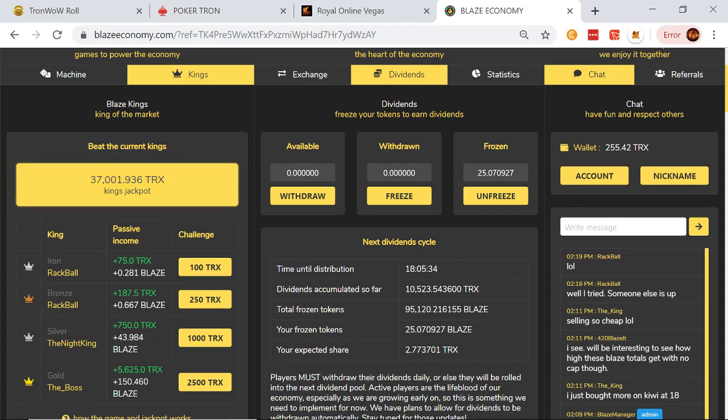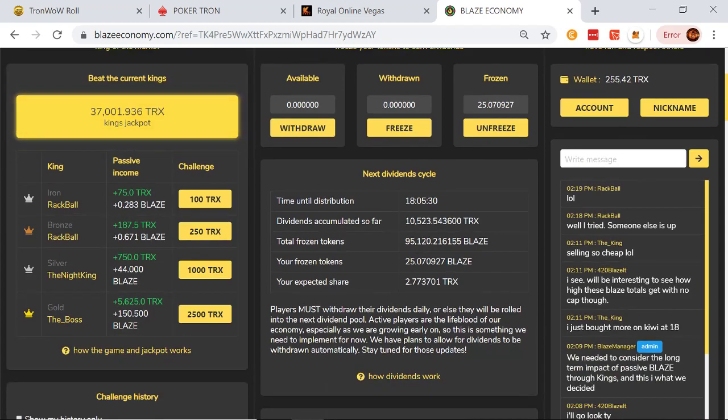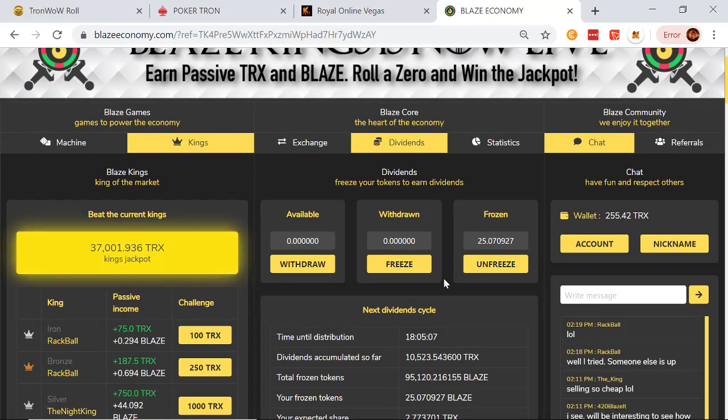Every second, you're getting Blaze tokens. These Blaze tokens add up, especially down here like crazy. The best part is the higher you play, bronze, silver, and gold, as you can imagine, it costs more to challenge. Those positions get a lot fewer challengers, so you actually get more Blaze tokens for your time. So I'm going to continue to watch this for the next week or so and see if the divs hold pretty steady. If they do, I'm probably going to go into this a bit larger for sure.